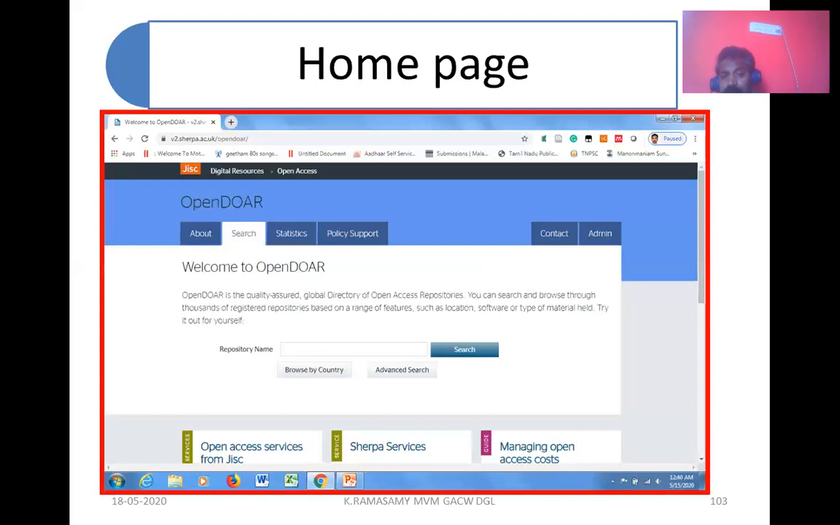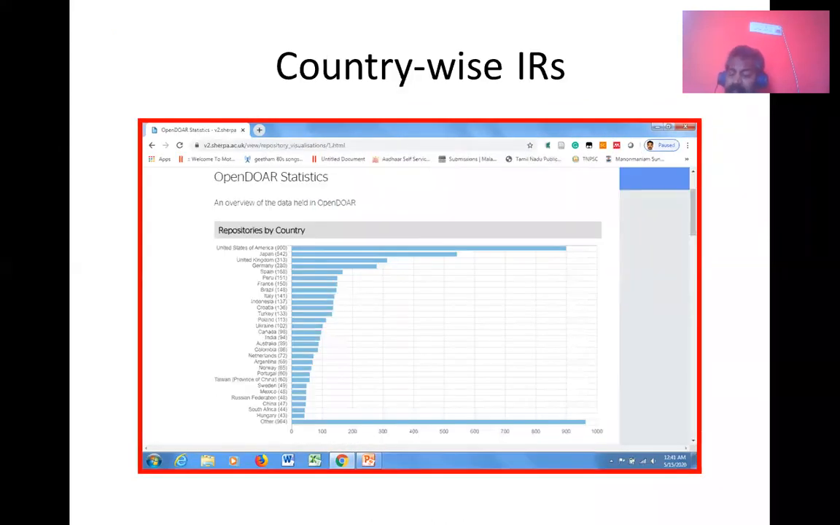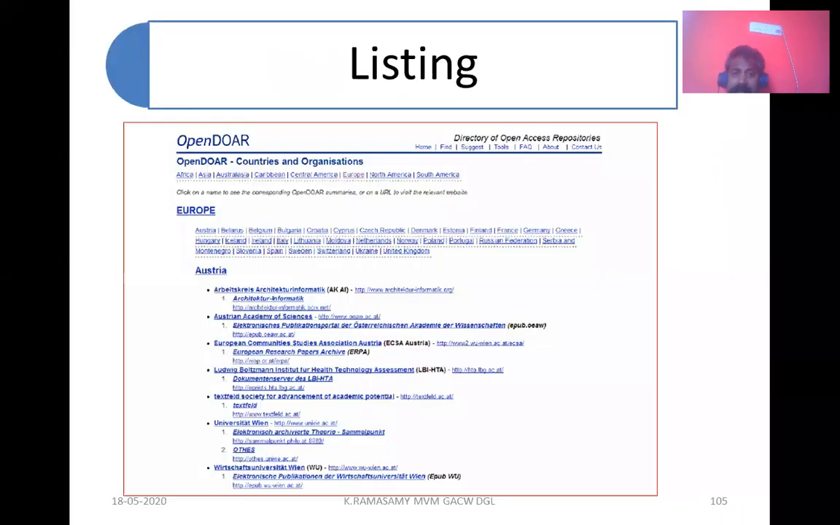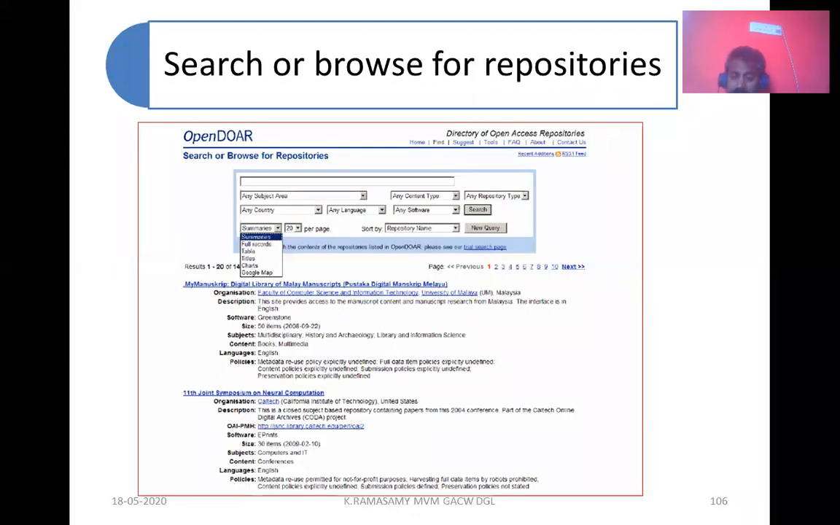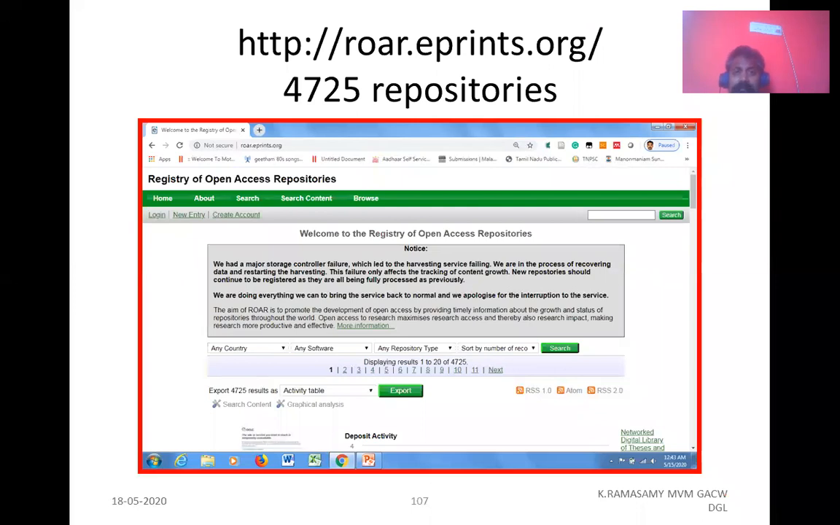For example, here is a directory called OpenDOAR, the Directory of Open Access Repositories, D-O-A-R. They give you access to more than 5,000 institutional repositories. You can go and see all the repositories country-wise, continent-wise, subject-wise. You can go and see and download the contents which are available in those 4,000 plus institutional repositories. For example, you can go and browse repositories, and there is